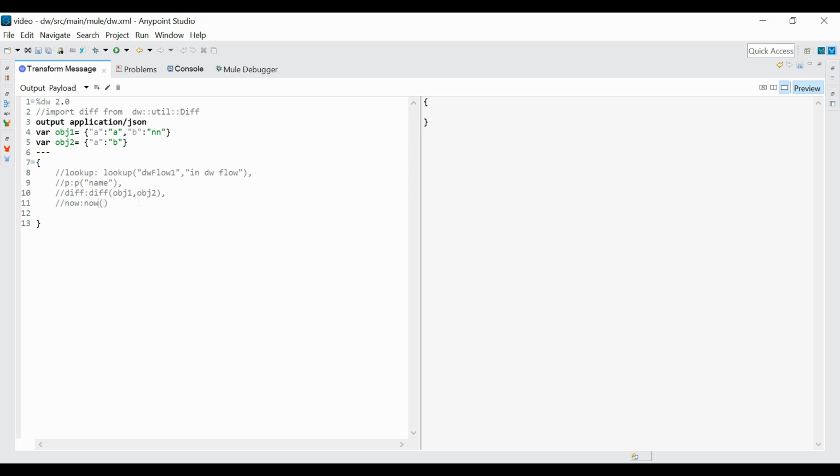Now the next function we have is the log function. The log function is just to log something on the console from DataWeave. If you want to debug, sometimes we have difficulty understanding where exactly it is failing in the DataWeave. So here if I just do log, and try to print something in DW log. Okay, so let's see, it got printed here, but if I deploy this, let's see if this will print in the console or not.